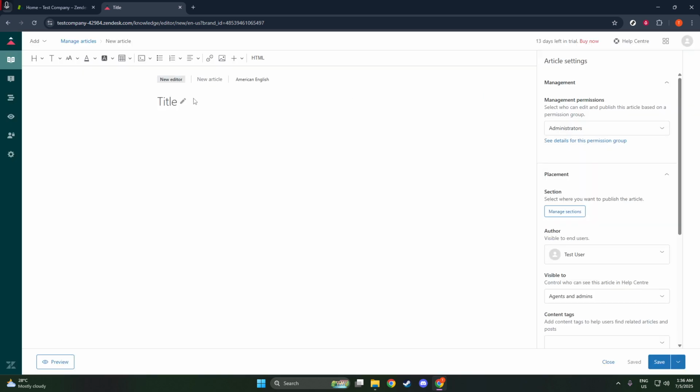At this stage, you'll be prompted to fill out the content of your article. Start with an engaging and descriptive title. This is what your users will first see. Then, in the body section, you'll find a rich text editor that provides various formatting tools. These tools allow you to enhance your article with headings, bullet points, images, and even tables to ensure clarity and